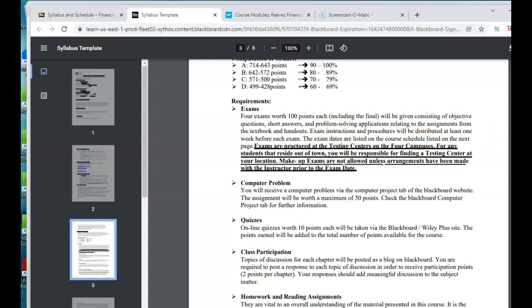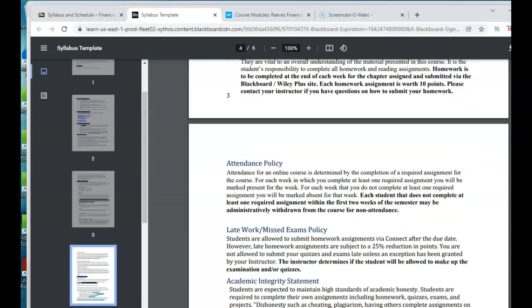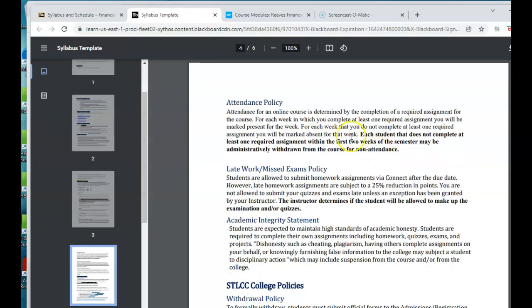Okay? So you can read more information about the syllabus. I do want to stop at the attendance policy. This is an online course. Attendance for an online course is determined by the completion of at least one required assignment.